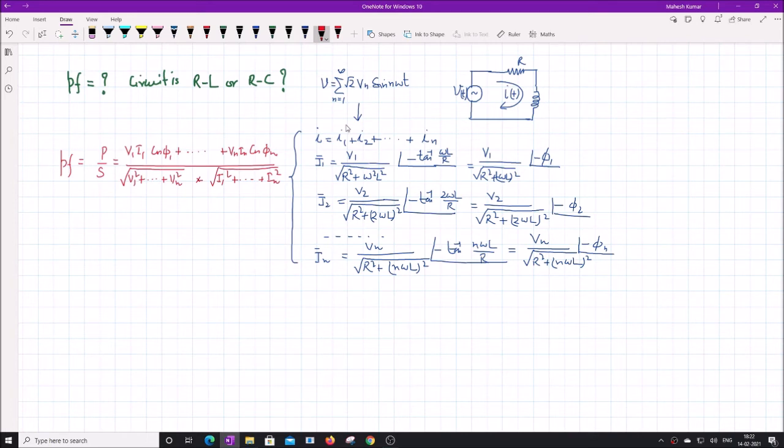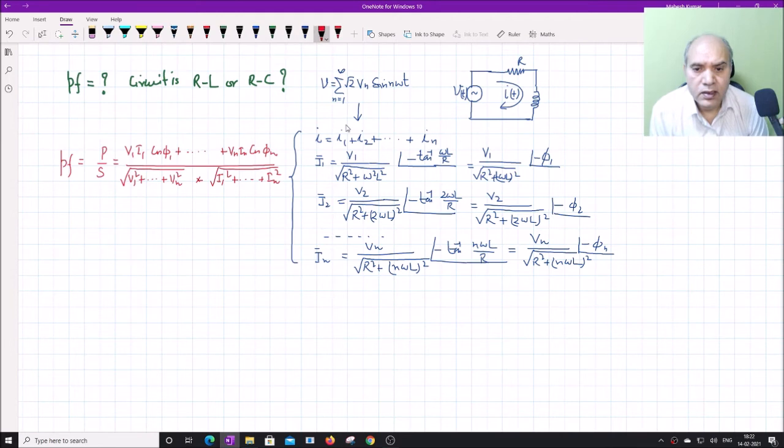We will substitute these values from here and simplify the numerator and the denominator in terms of cos φ1, because we want to see how the power factor is a function of cos φ1, what the factor is that relates to cos φ1. By substituting these currents and the power factor, we can easily simplify this expression. Let us try.